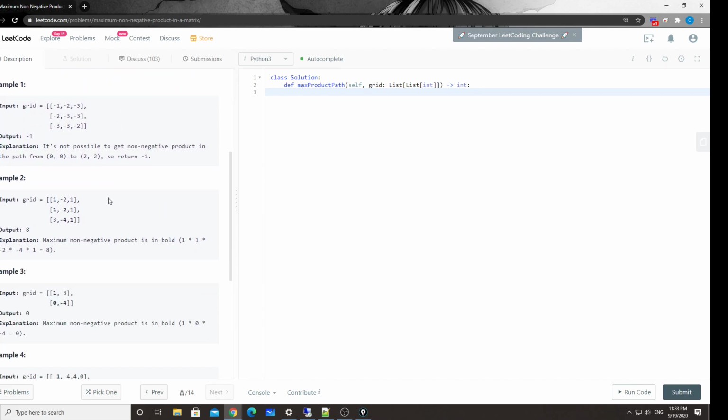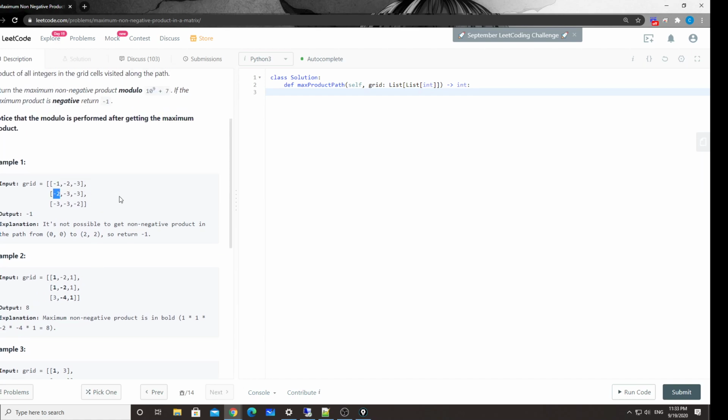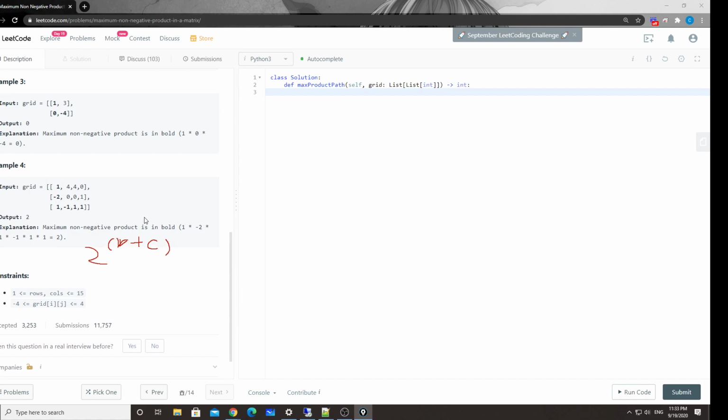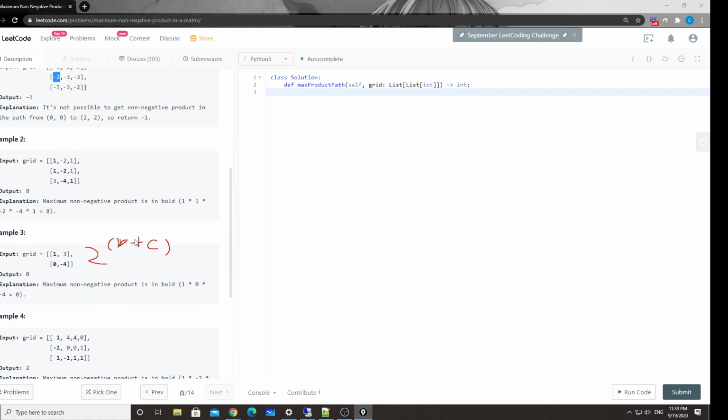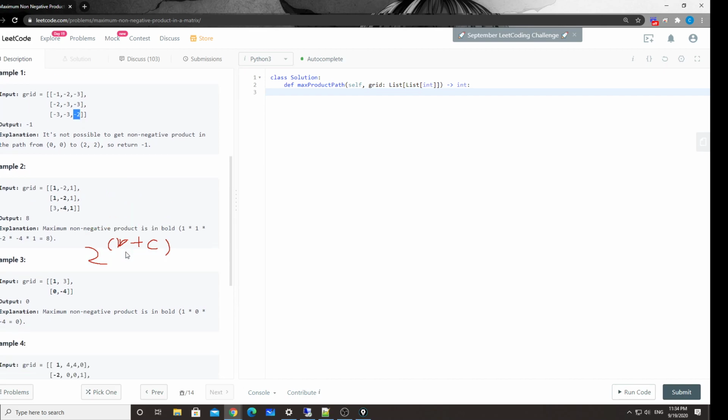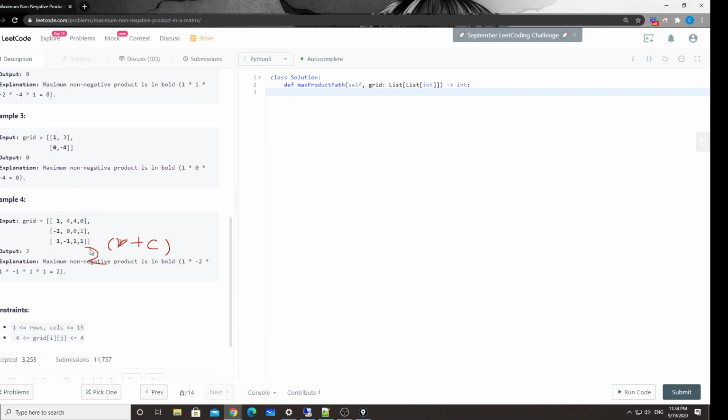So you're going to have 2 to the power of rows plus columns, because you need rows plus columns number of steps to move from the start to the end. And every place you have two options, so the total time complexity is going to be 2 to the power of rows plus columns. With this kind of input size, most likely this will